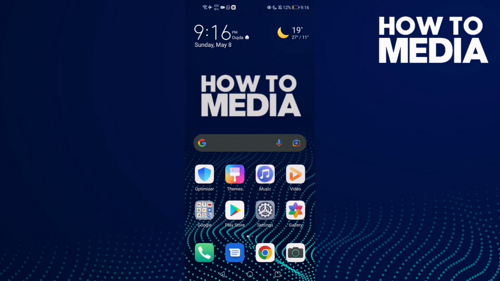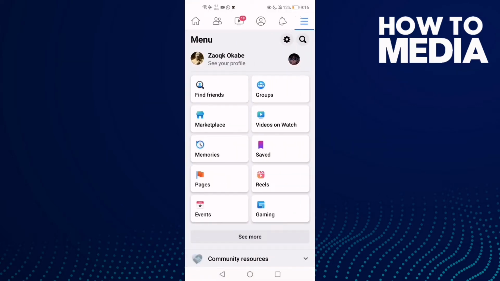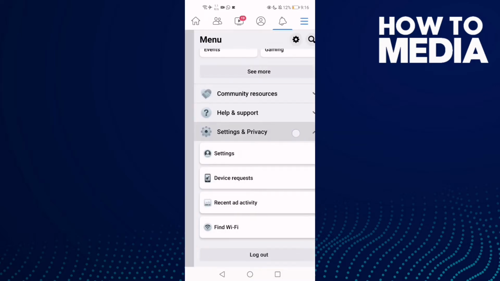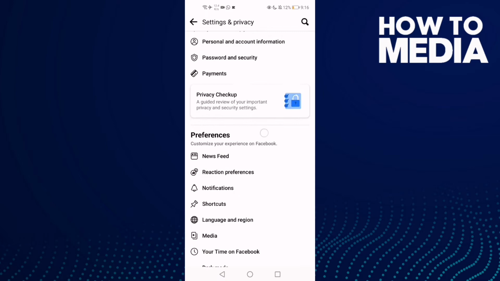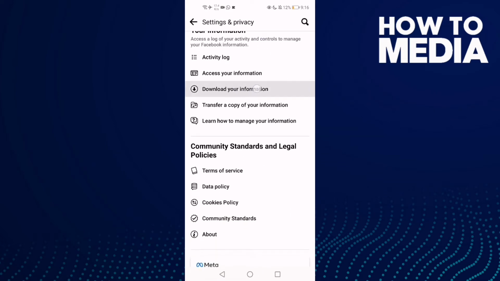actions on Facebook mobile. First thing, go to Facebook and then click these three lines here in the top corner and go down until you find settings and privacy and then settings, and now just go down here until you find the download your information,